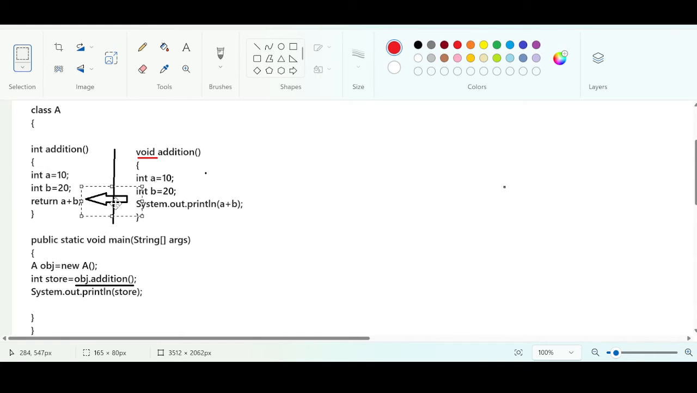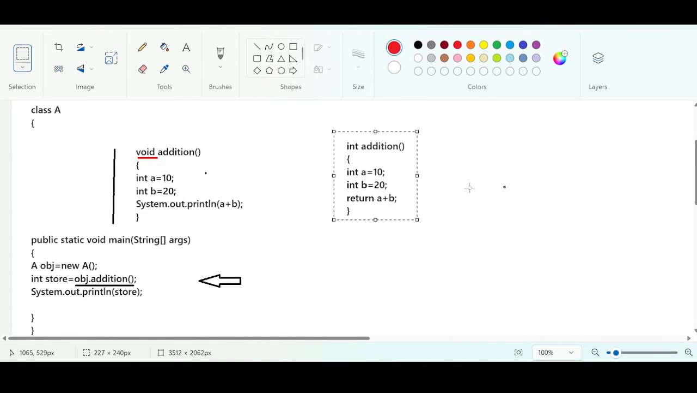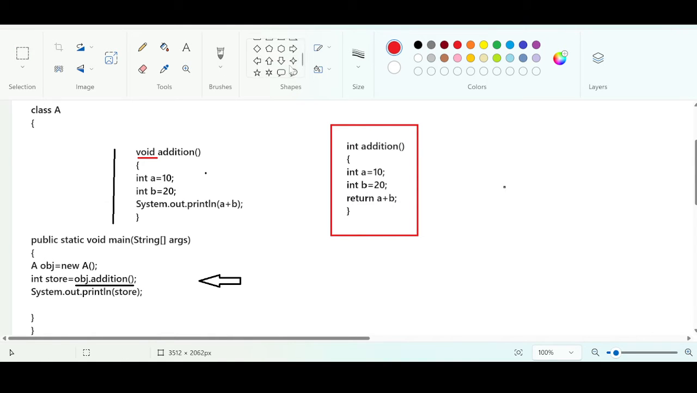In this case, it is carrying what? 30. 10 plus 20 is equal to 30. Here we are going to assign this carried value to a different variable, and we are going to access that variable. It is like when you perform a call with this method from the main method, if you send a request to this method,